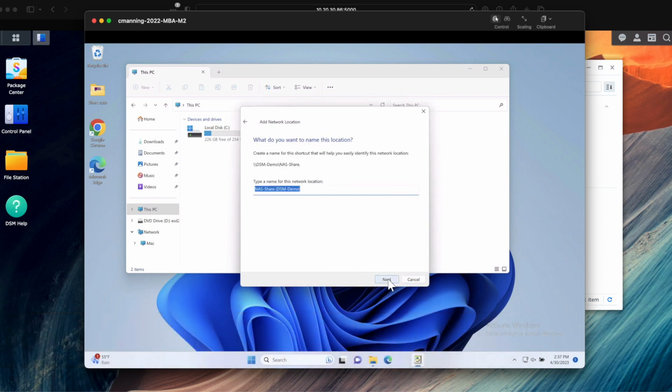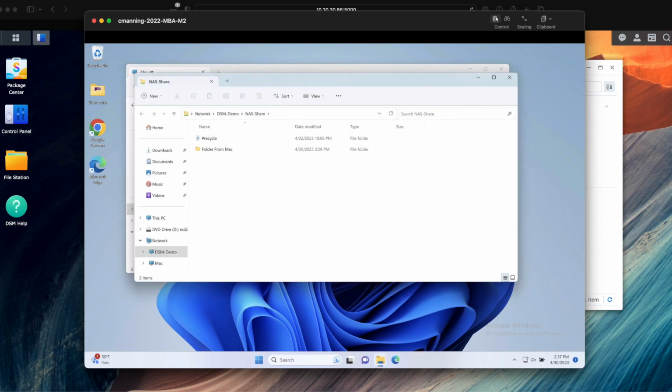That's fine. I'll just leave that name as is. Add it, yes. Open this network when I click finish, yes. So, okay, there we go. Network, DSM demo, NAS share, our recycle bin, our folder from our Mac,